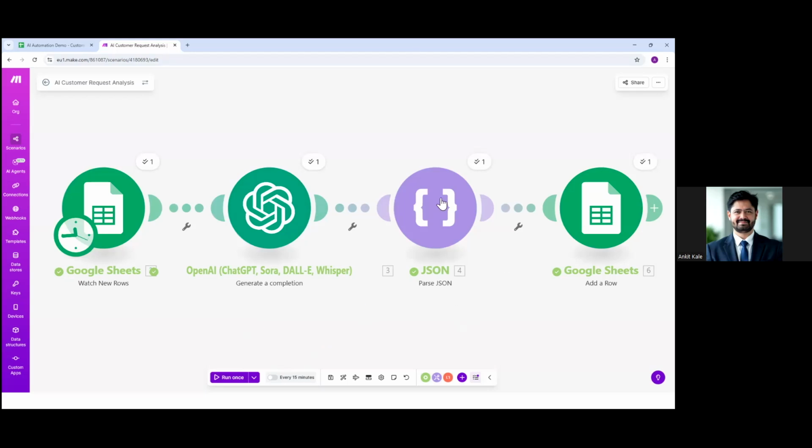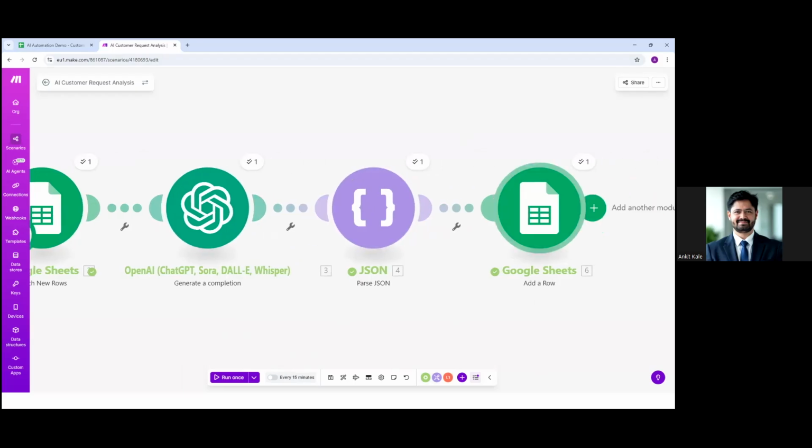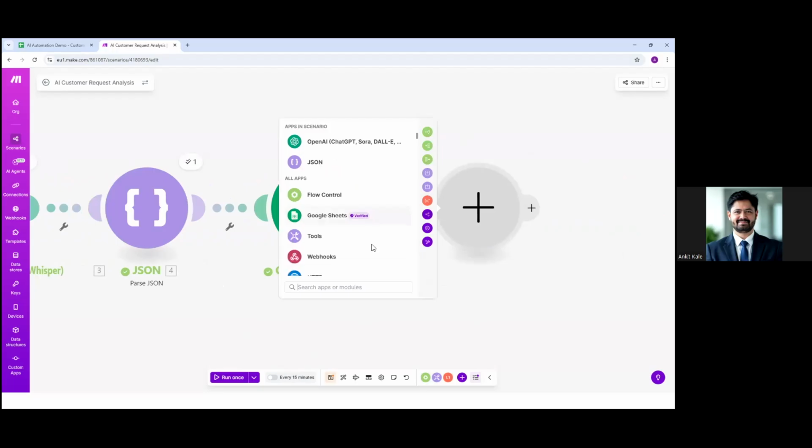And whatever structure is created, we want to feed it back to the Google Sheet. Now, these are the connecting tools. There can be n number of tools which we can add. If you want to save this data to, let's say, Google Drive, create a Telegram post, send an email, or convert it to an RSS feed, there are n number of integrations which can be done.